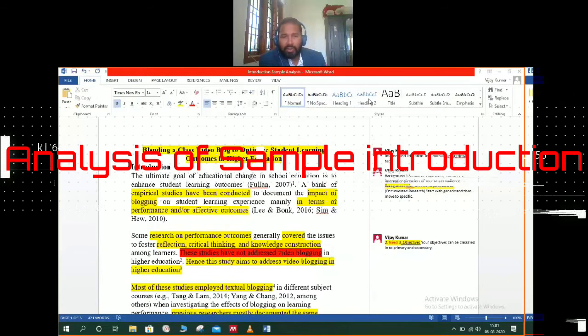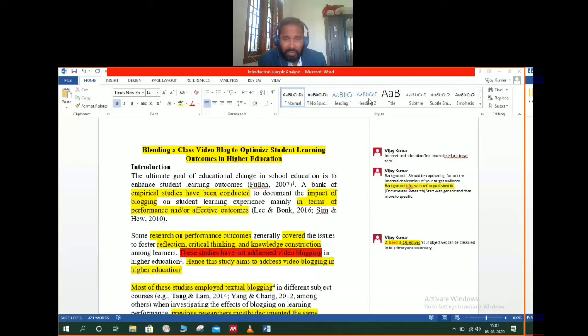As I said before, let us analyze the sample paper in the context of what we have discussed earlier. So look, this is a sample paper from a journal called Internet and Education, one of the top journals in educational technology. The topic of this paper is blending a class video blog to optimize student learning outcomes in higher education. Let us analyze the various components of an introduction and how the authors have fulfilled the parameter in every